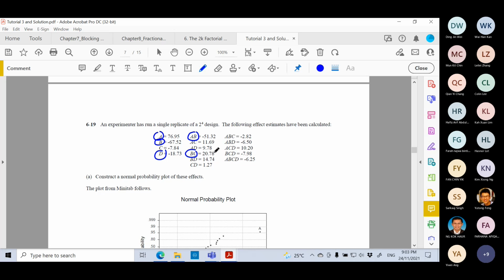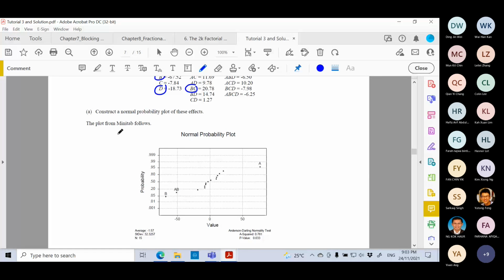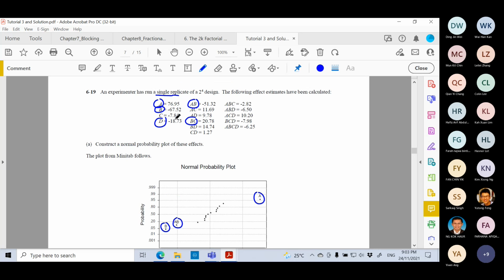But whether it is significant or not, we need to test with ANOVA. Because this one is a single replicate, I cannot form the ANOVA table. But if you use Minitab or any software, they can plot for you and identify the really important factors. Even though just now I circled negative 18 and 20.78, which are relatively large compared to